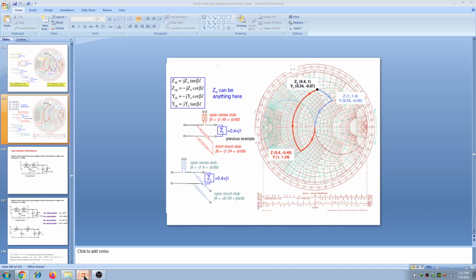Okay, thank you. Now I think it's enough for L matching and the Smith chart. If you want any more, please go through the videos. This is enough. Now we will go to the fourth unit.